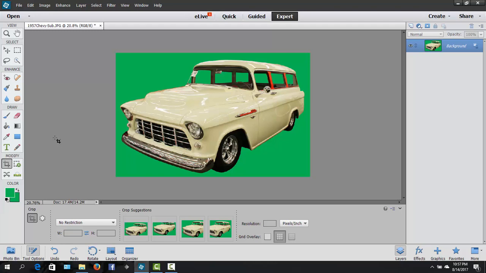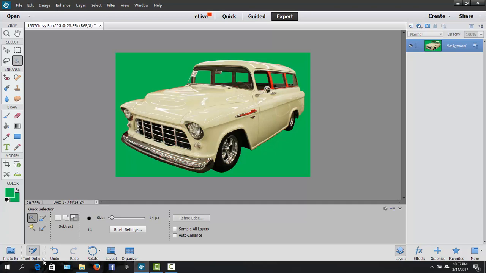Now what we're going to do is come over here and grab the wand. Now that we have it cropped, the green background, we do need to come up here and create another layer. So I'm going to drag this layer. In order to create a duplicate layer, you put the mouse on the blue area, drag it up in this corner where the little folded piece of paper is, and then come down